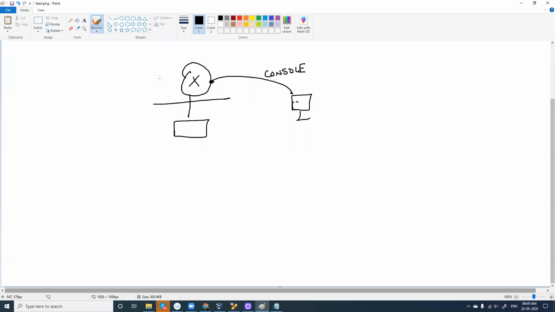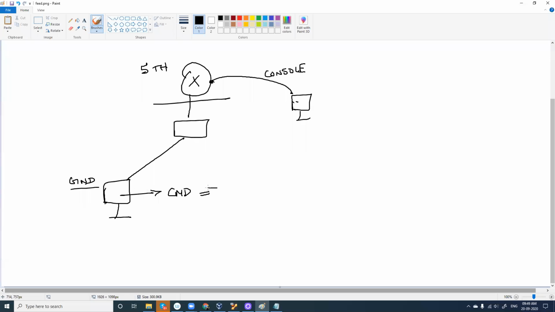Imagine this router is on the 5th floor and you are on the ground floor with your computer. To configure your router, you cannot take your computer and go physically to the router. Yes, but your computer is indirectly connected with the router. So now how can you configure this router?